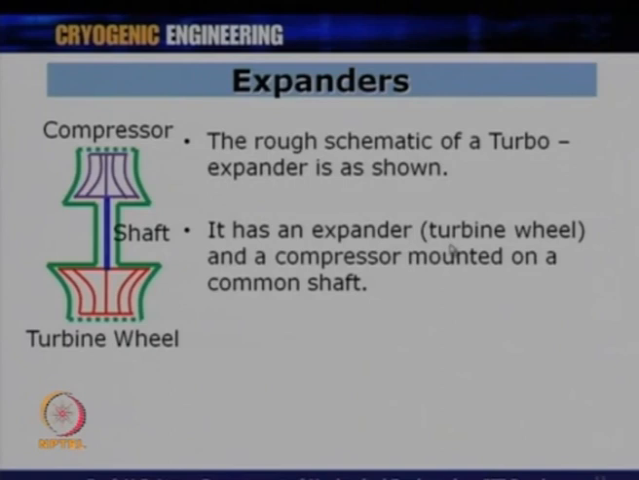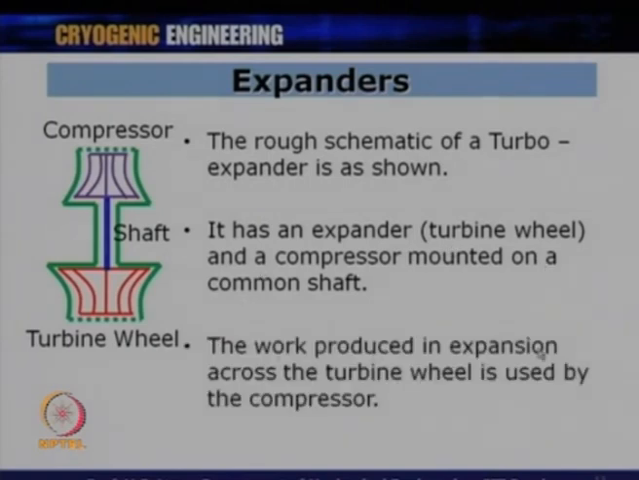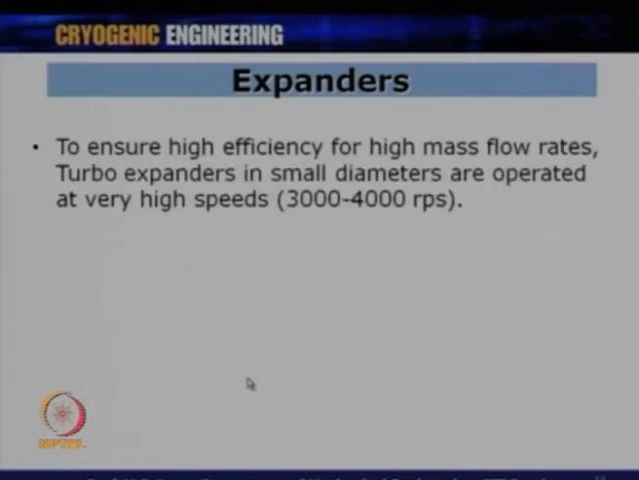It is an expander turbine wheel and a compressor mounted on the coupling shaft. The work produced in expansion across the turbine wheel is used for the compressor. The amount of work produced by the turbine is not substantial, and therefore normally this work is dumped in an alternator, and the compressor is used to control the speed of this turbine. To ensure high speed, high efficiency for high mass flow rates, turbo expanders in small diameters are operated